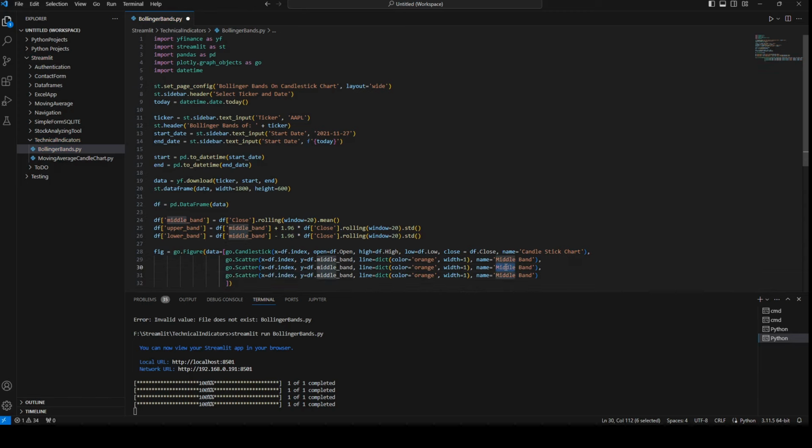And here we're going to have the upper band, and here we're going to have the lower band, and the colors will be blue, and here we have upper band, and here we have lower band, and the x-axis stays the index. Okay, so